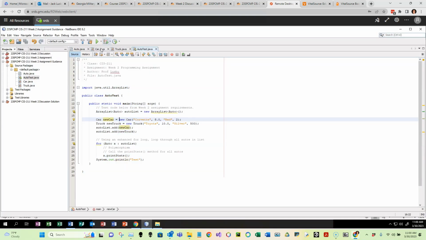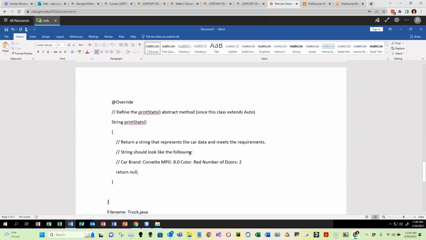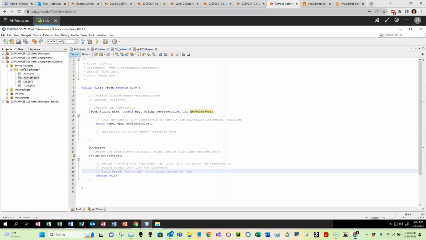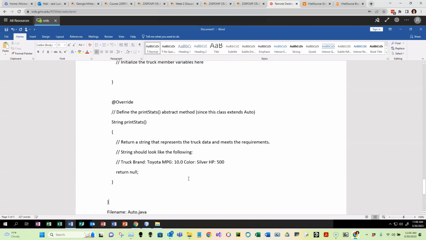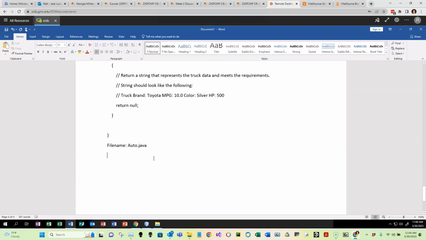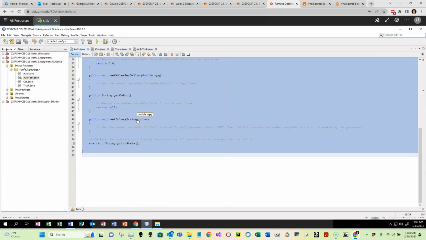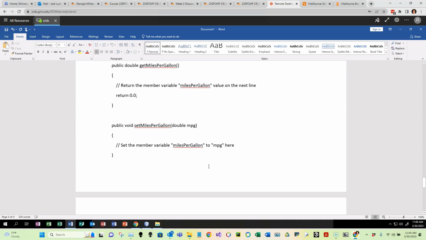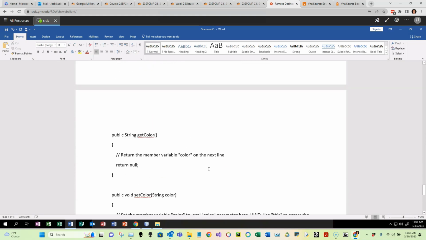I'm going to go here into NetBeans. Here is car.java. Okay. Here is truck.java. And finally, auto.java. So come in here, Control A, Control C. I don't want a million screenshots for the code. Copy and paste all of your code into here. And at the very bottom